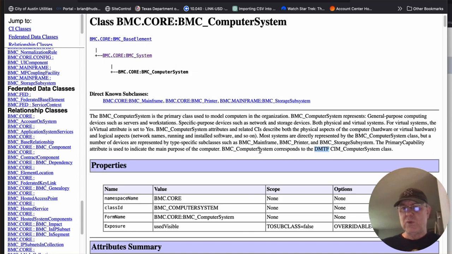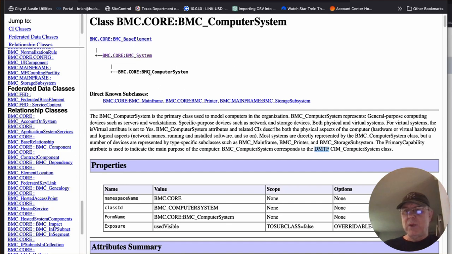They're saying that the BMC computer system corresponds to the DMTF configuration item management computer system class, meaning that I'm going to store all of my computer systems, whether they're virtual or hardware, into this particular data structure. But since it is a computer system